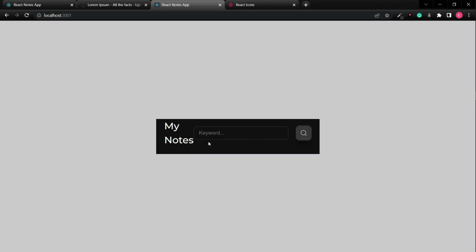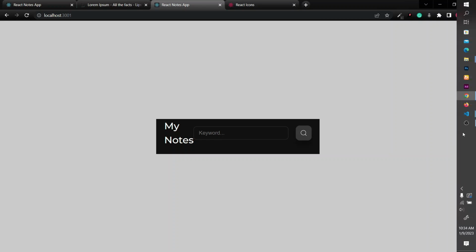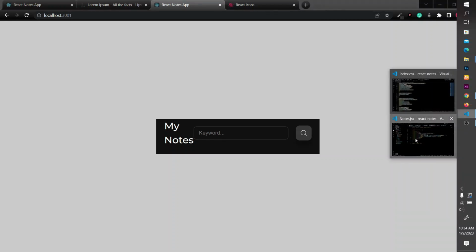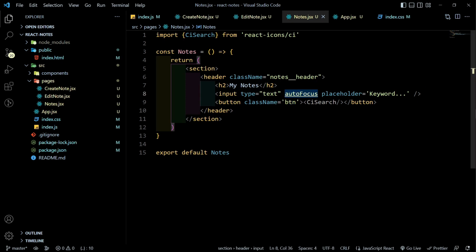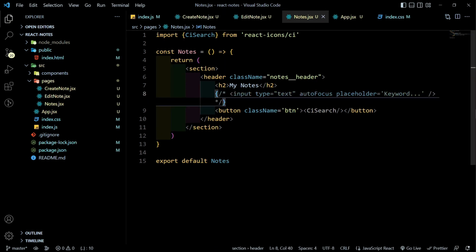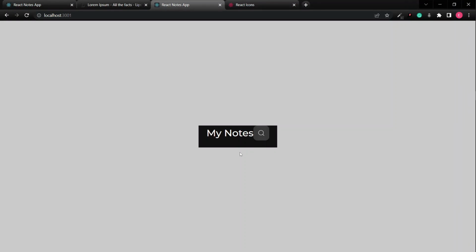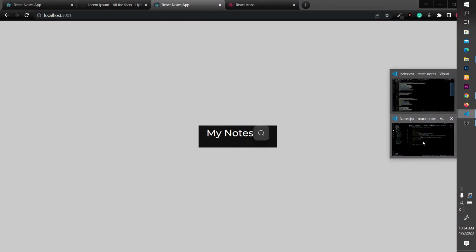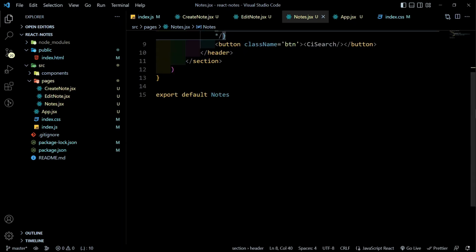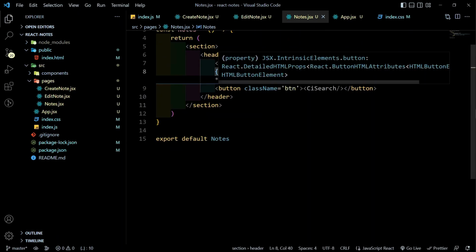Now we are actually going to use a state to manage what should show, either the title or the inputs that we have here. Later on we are going to add that functionality, but for now let's comment one of them out, and I'm going to comment the input out. So we have not too bad styling right here. All right, perfect. So let's go ahead and then target the